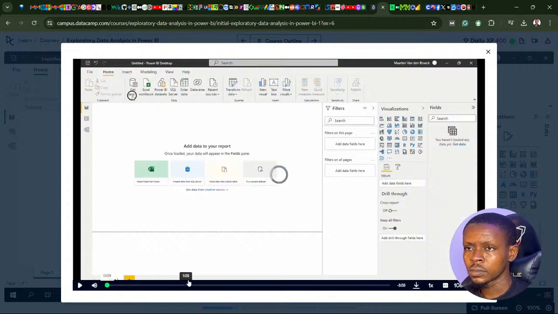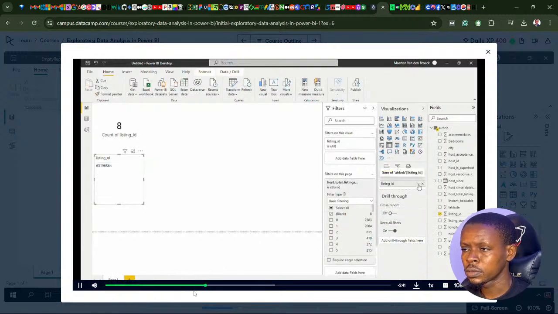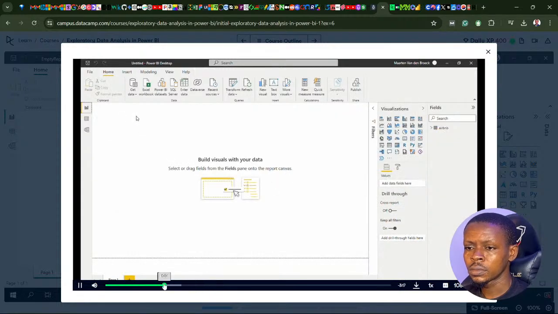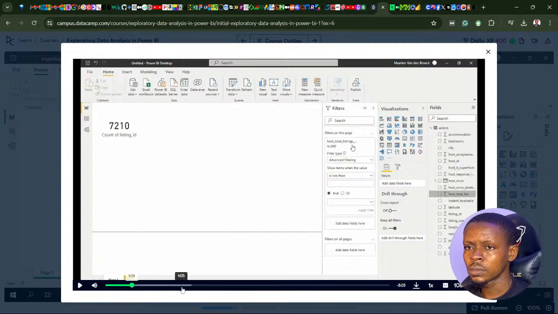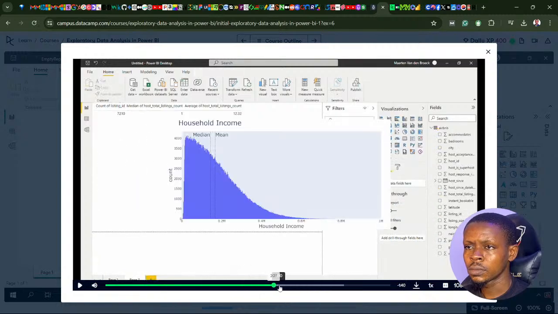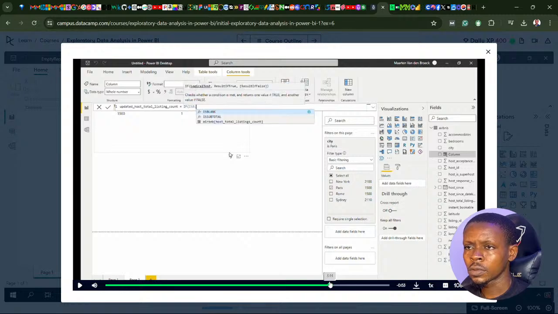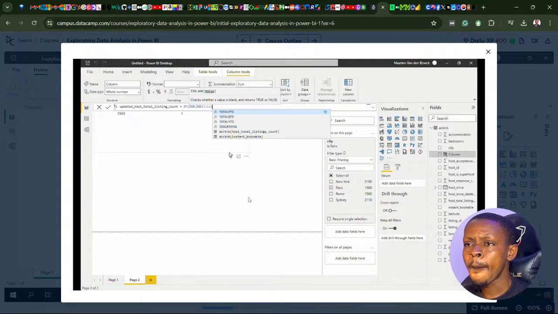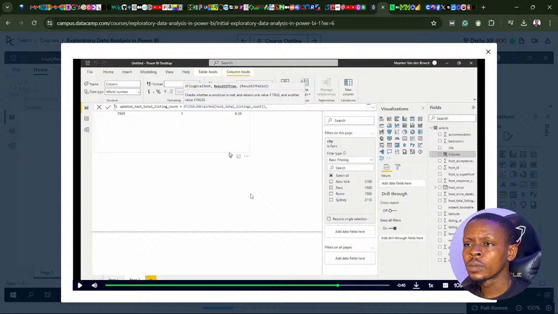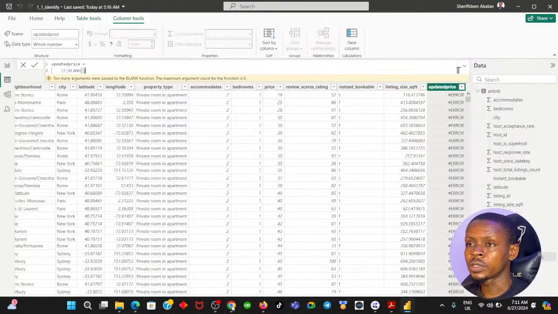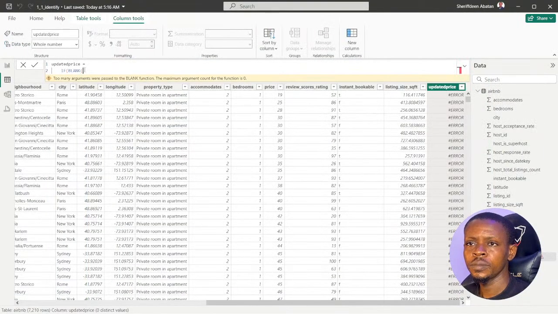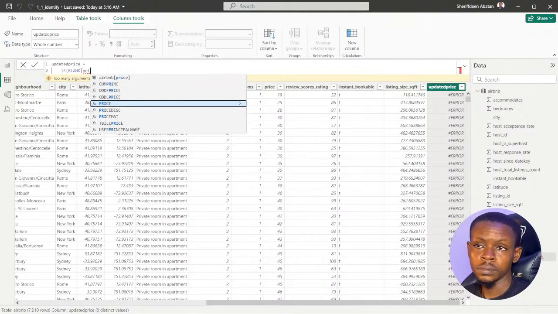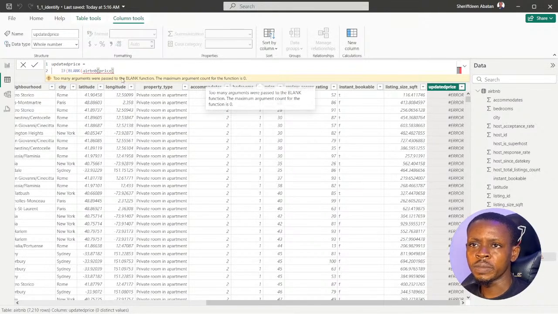Let's fast forward to the new text table on the page, earlier with the variables. It is this: if the value of host total listings count is blank, set the value to the median. If is blank, then I need to point to the price column. So the instruction says if price is blank,